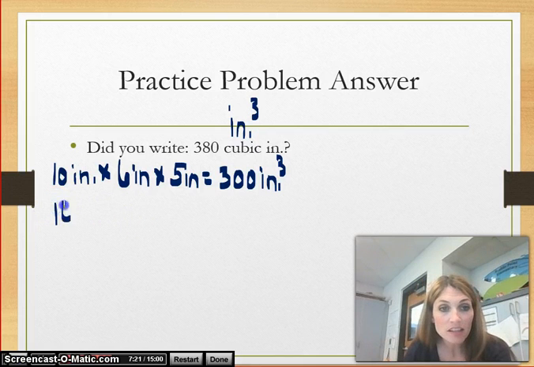And our second solid had dimensions of length of 10,